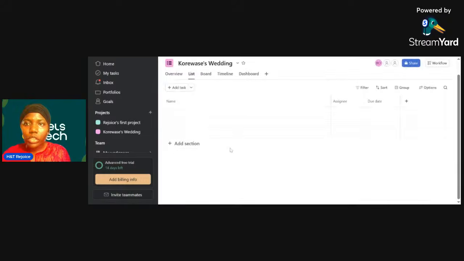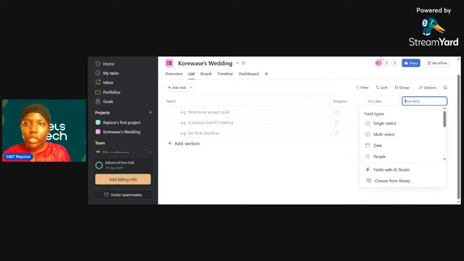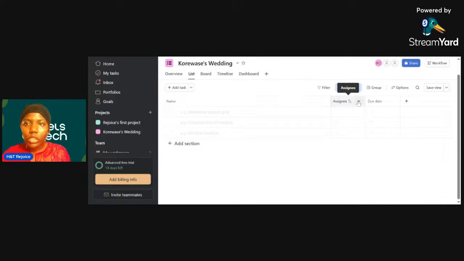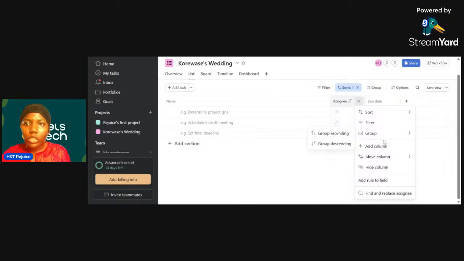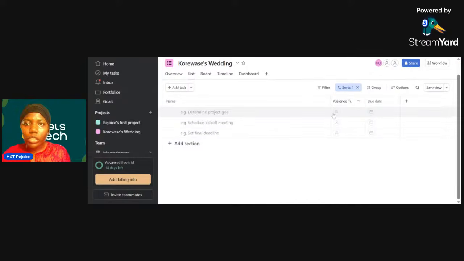Okay, so from the name, we have name, assignee, due dates. Which other feature? Korewase said, which other feature would you want us to add? Apart from the due date of things, let's say that this assignee, we can edit it. We'll use this assignee as the vendor, whoever the vendor is, due date. What else can we add as the features? Any comments? Any comments? What else would you want to add here?